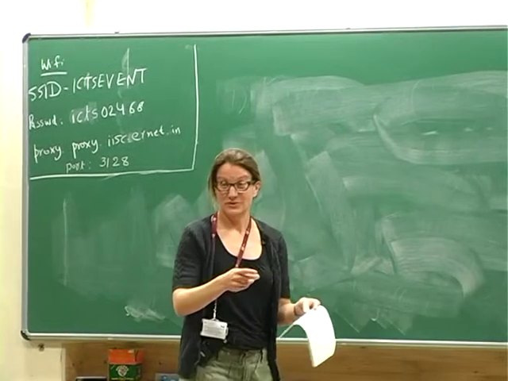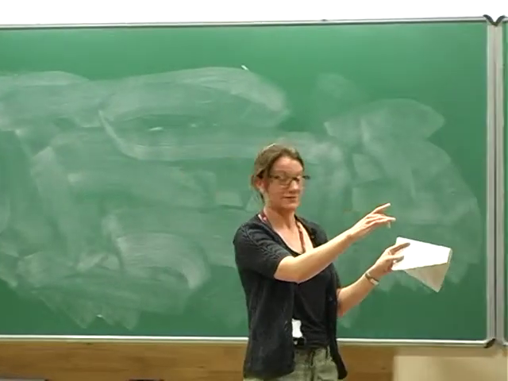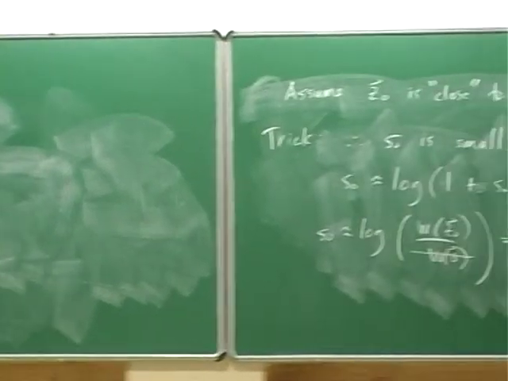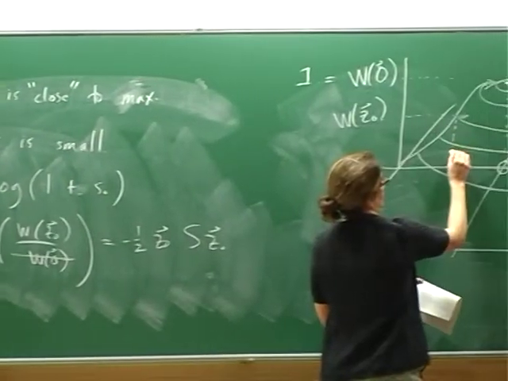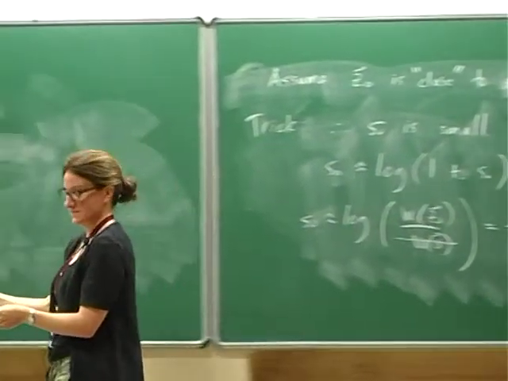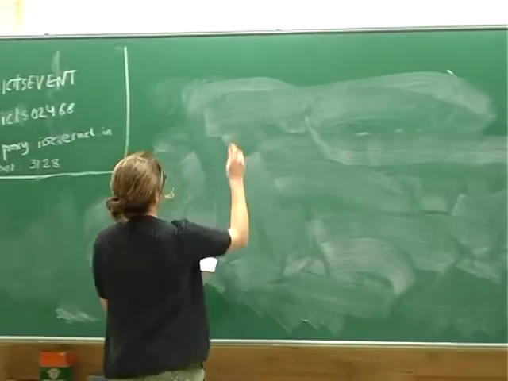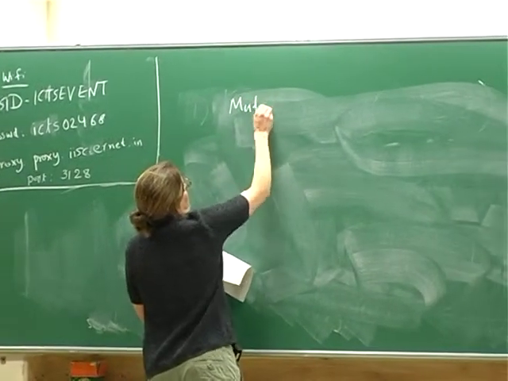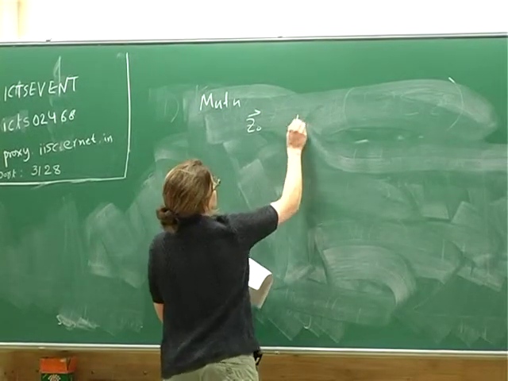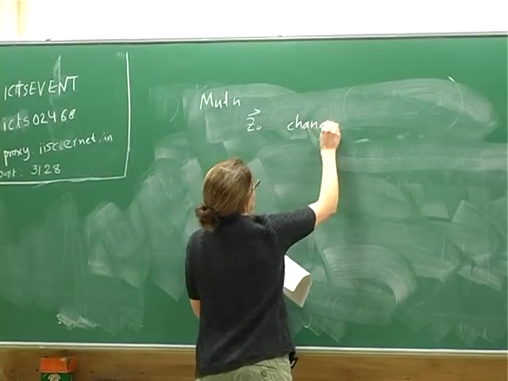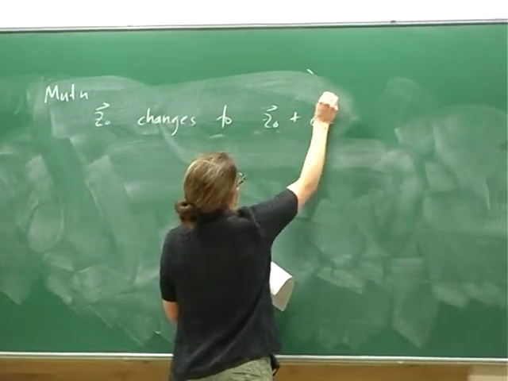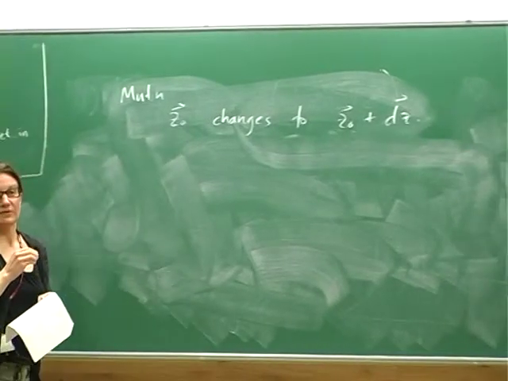Okay, so now we're ready for a mutation. We've just set up the whole thing where the population has started. Now a mutation happens. Well, I guess it happens down here. One individual has different trait values. And a mutation is going to take Z0 and maybe change it with a little vector of changes, DZ.